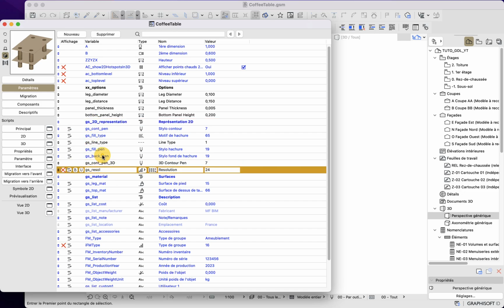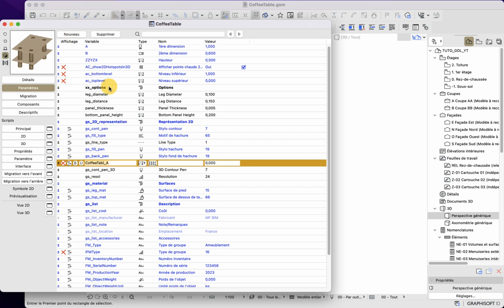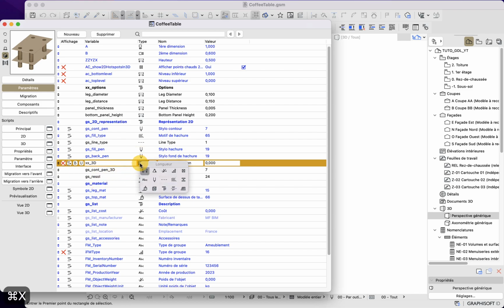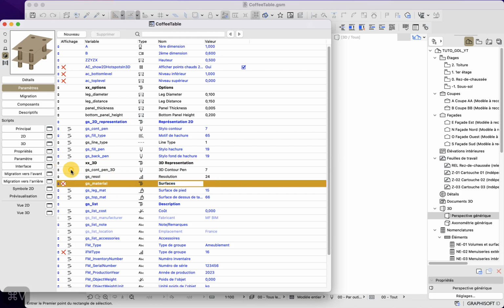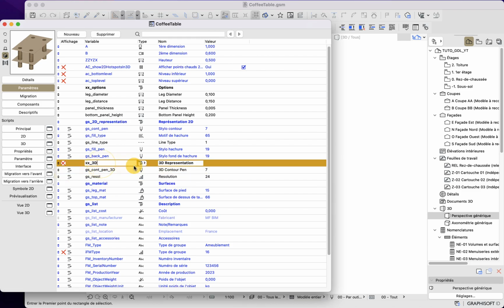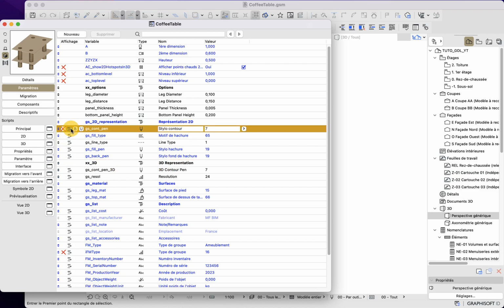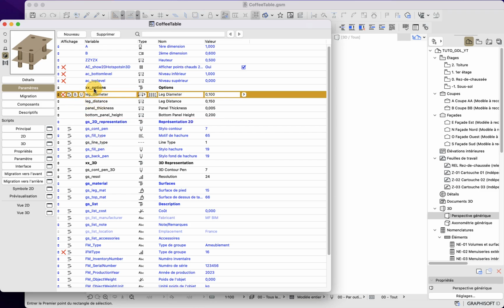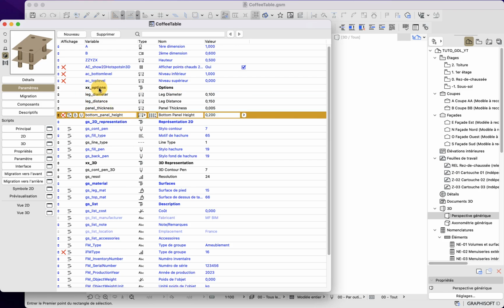Here we have some 3D parameters and we will create a new menu. 3D, here, 3D representation, like this. And here I made the same mistake: title first, and then name. And this one, we will put it under this title. If I click on this button, it will create a submenu that can be opened and closed. For this one, I did not put it like that, so they are always visible. It's a bit better in my opinion.